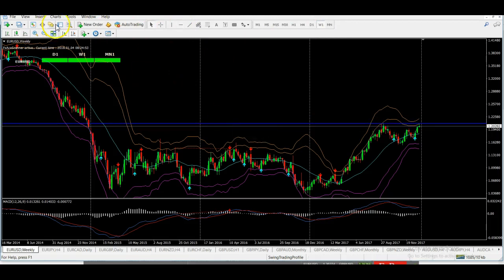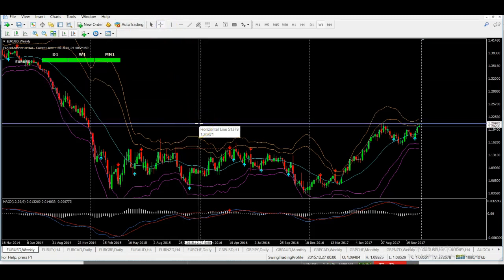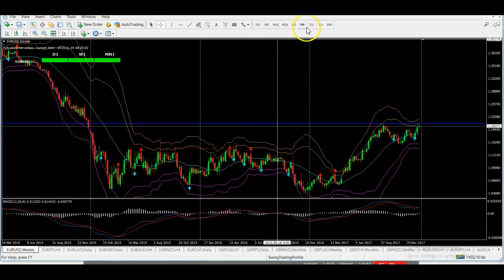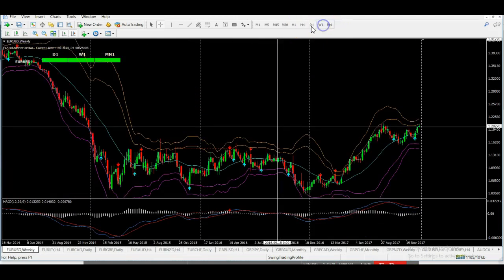Break above this 121 area, and likely be a big 2018 for the euro. First targets, if it breaks this area, let's see, zoom out to the weekly. First targets would be clearly